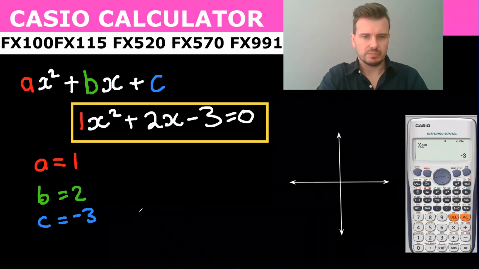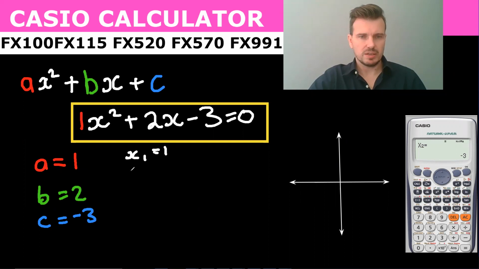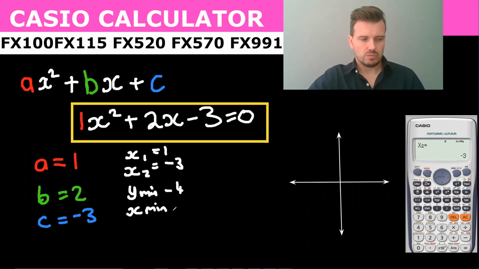So I've got my x1 was equal to 1, my x2 was equal to minus 3, my y minimum was negative 4, and my x-min was negative 1. So I could even just quickly draw this graph. So I've done the little graph on the side here,